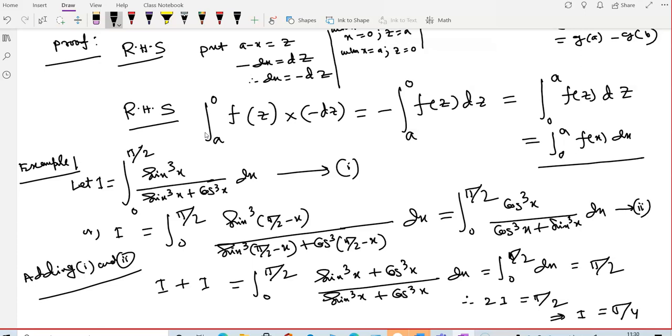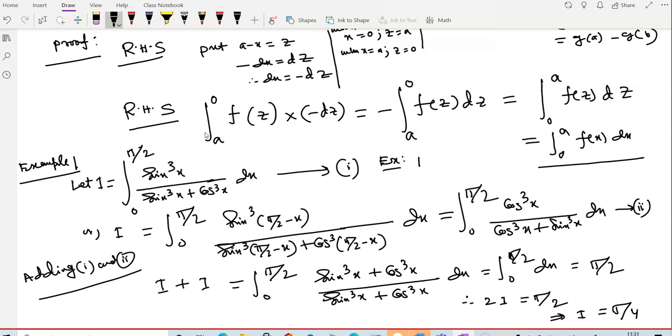See how nice the application is of the property you have just learned, which is quite impossible by using indefinite integration method or by fundamental theorem alone, can be simplified with the help of this thing. Now I am going to ask you one similar sum. I don't mind if any one of you solving before I do here.